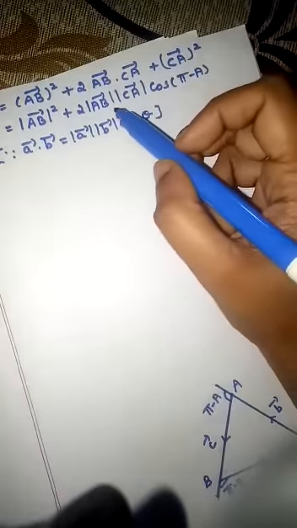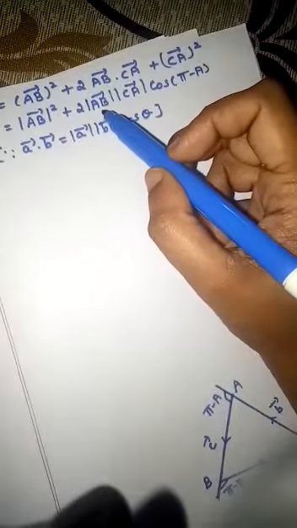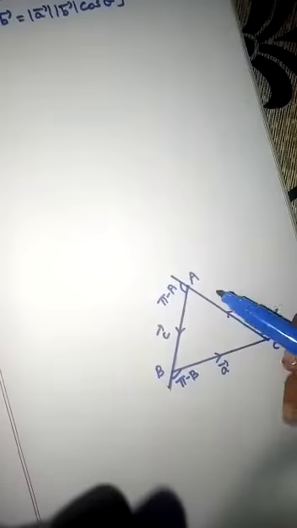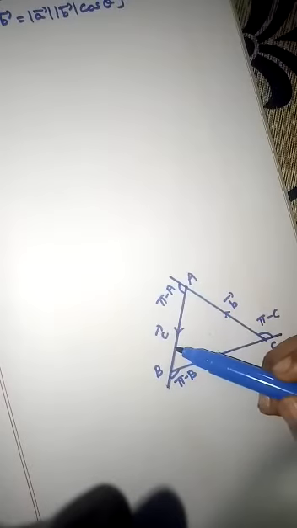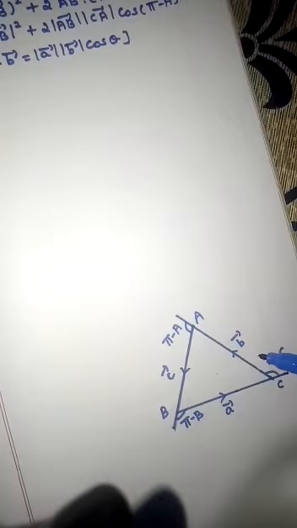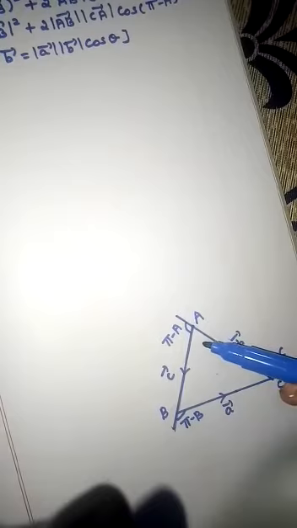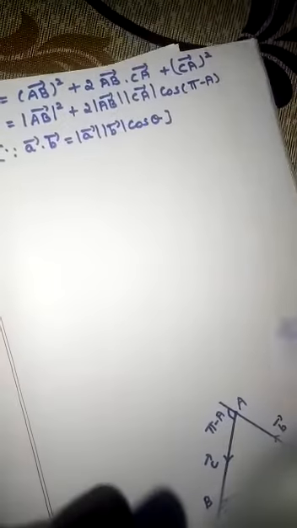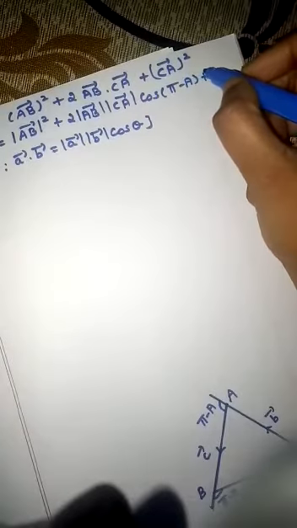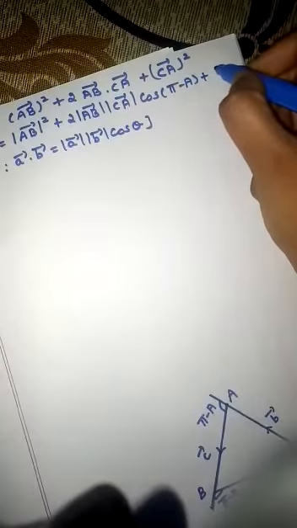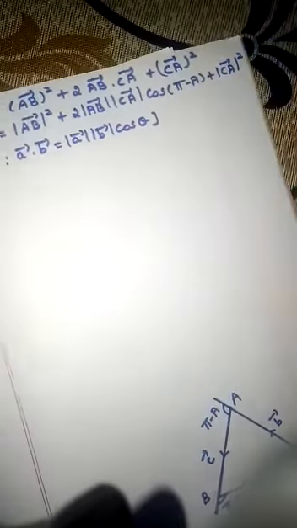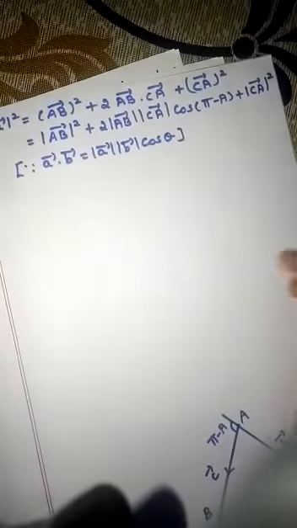Otherwise, how we can remember is here we have AB vector and CA vector, isn't it? AB vector means C vector, and the next one, CA vector, means B vector. So what is missing there? A is missing. So pi minus A only you'll get. The next one is plus CA vector the whole square. Since there is a square, you can write it as modulus of CA vector, the whole square. So now it is equal to,